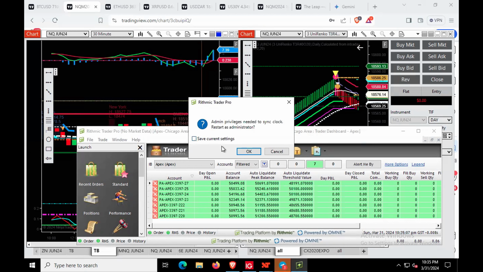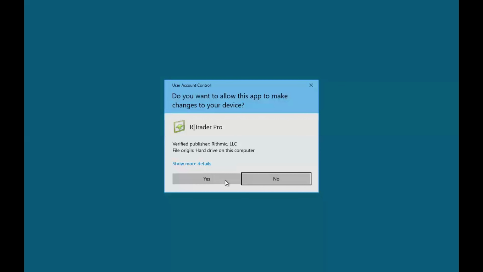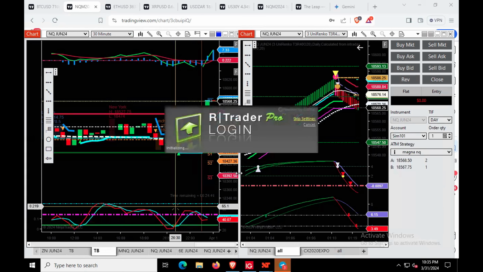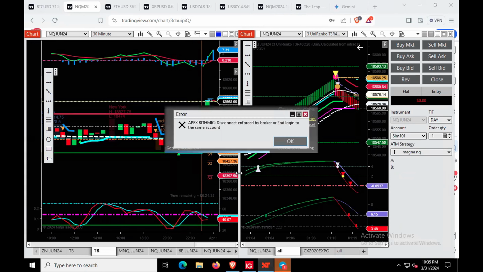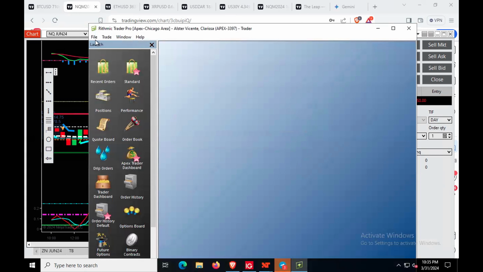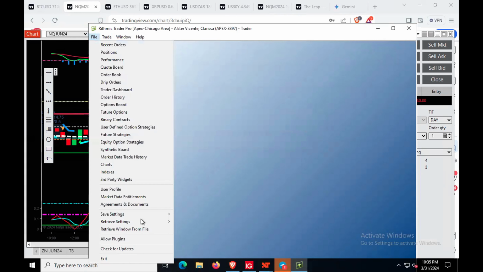I'm a little bit afraid of saving settings because I can lose everything here. So I never save. I just click OK and it will restart into administrator mode. Let's see if it works. Okay, so File, then retrieve settings from network.